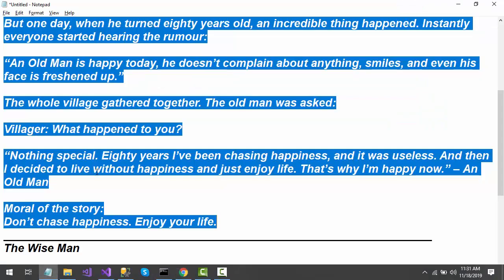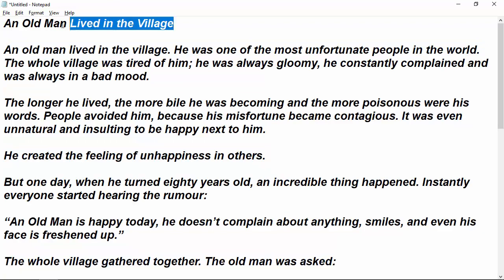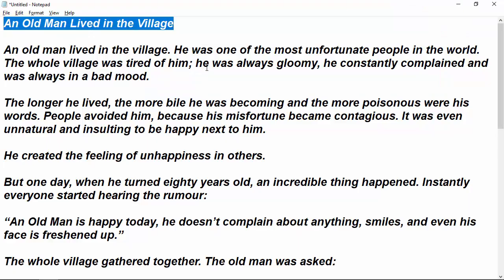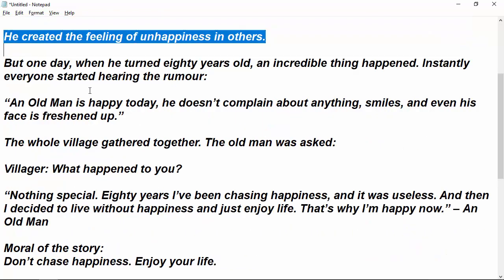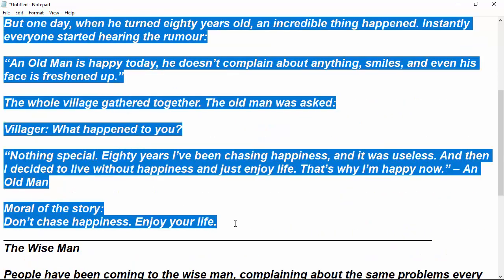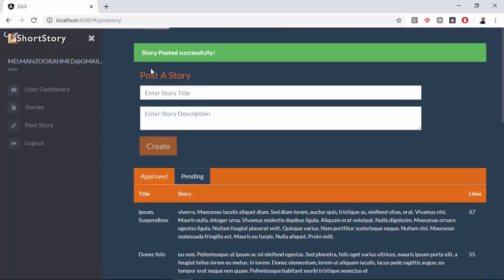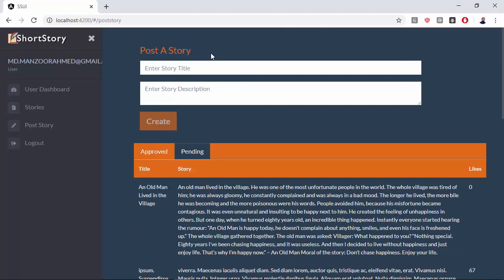So I have a story with me, an old man lived in the village, this is the title, and this is the story. So I'm posting this story. I'll say create. You should see a message, story posted successfully, and you can see this story in the pending stories.